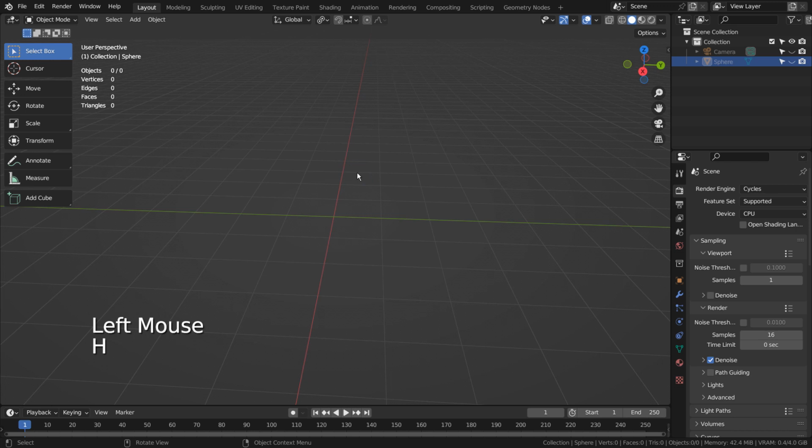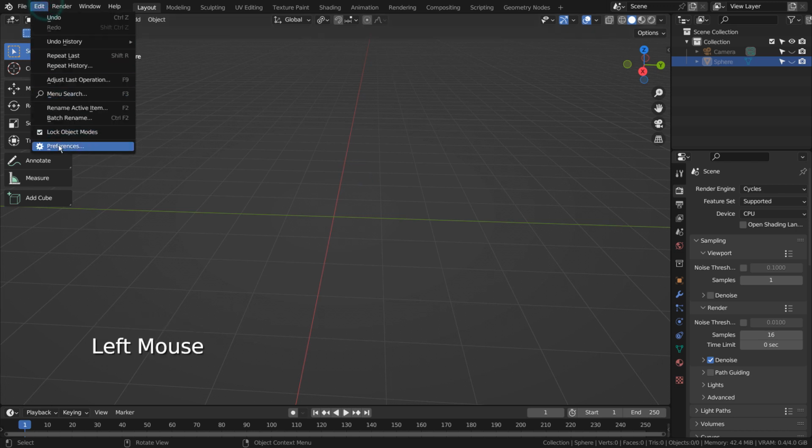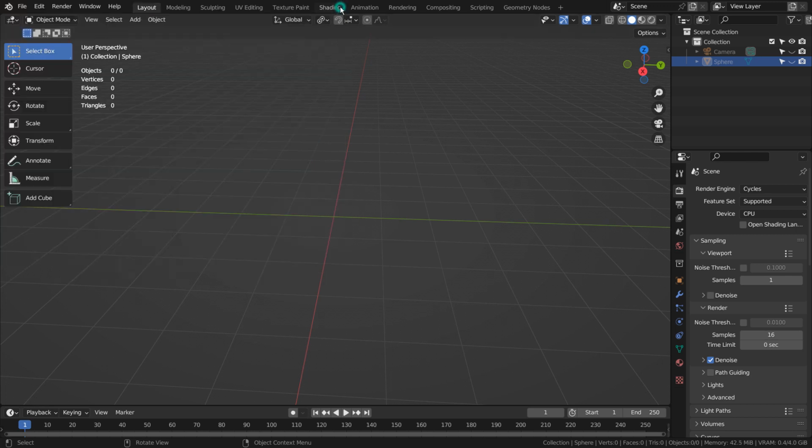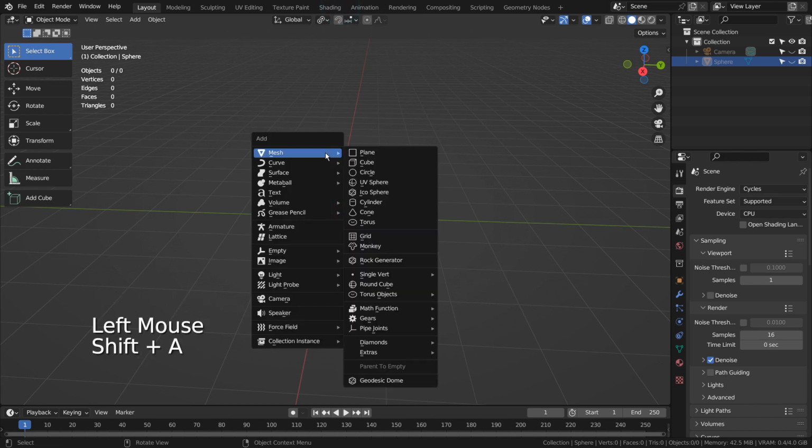We must activate the add-on first. Let's create a sphere.